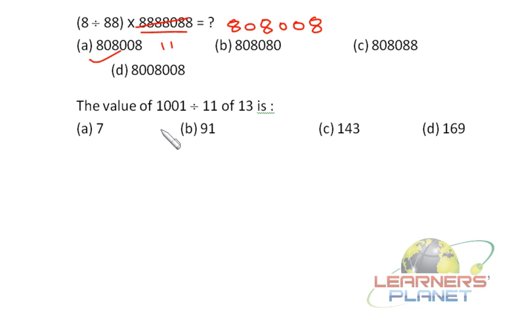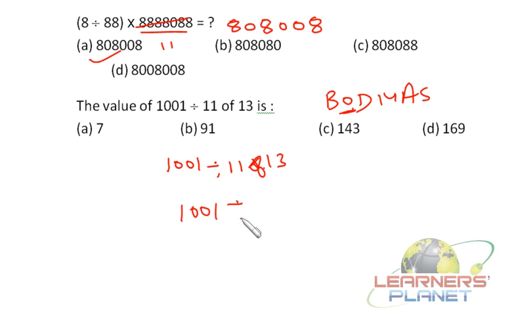Okay friends, now let's do this problem. It is 1001 divided by 11 of 13. So according to Bodmas, first of all we have to calculate of. So it's 1001 divided by (11 into 13). 11 of 13 is what? 143. So 1001 divided by 143, that means the calculation should be something around 7, as 3 sevens are 21. To get the unit digit as 1, we need to multiply this by 7. So 7 will be the correct choice. Okay friends,